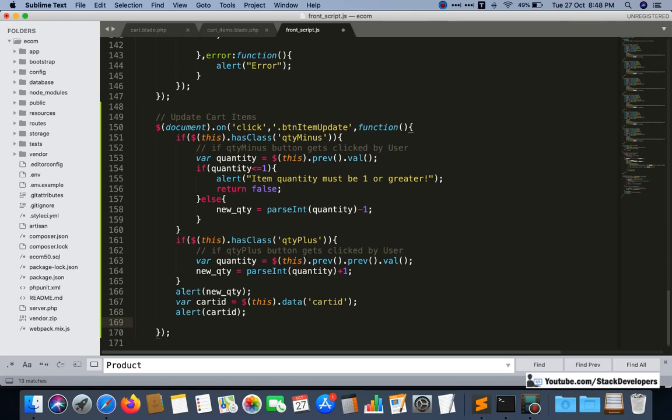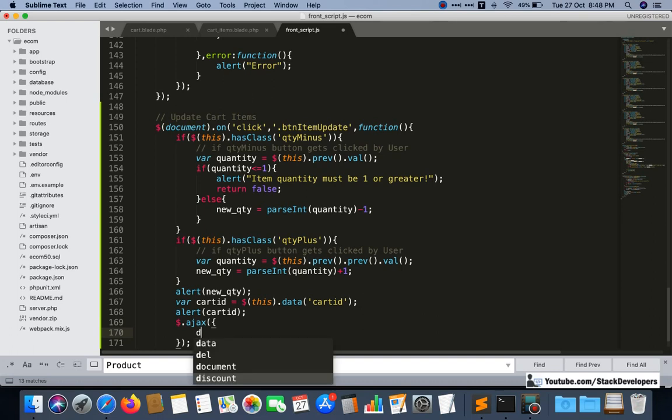So we can pass these IDs with the help of Ajax to our function where we can do the final checks. So here I'm going to start Ajax. We already know that this is the syntax of Ajax that we can use like this.